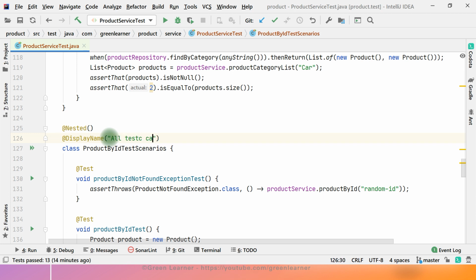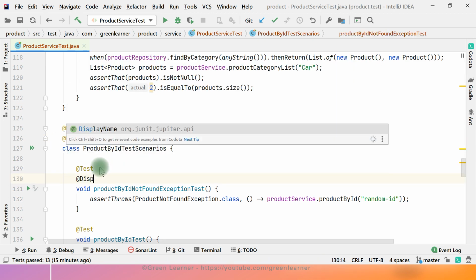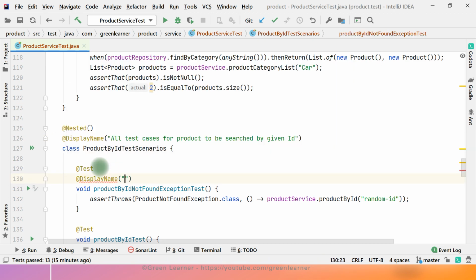All test cases for product to be searched by given ID, and display name: product not found.